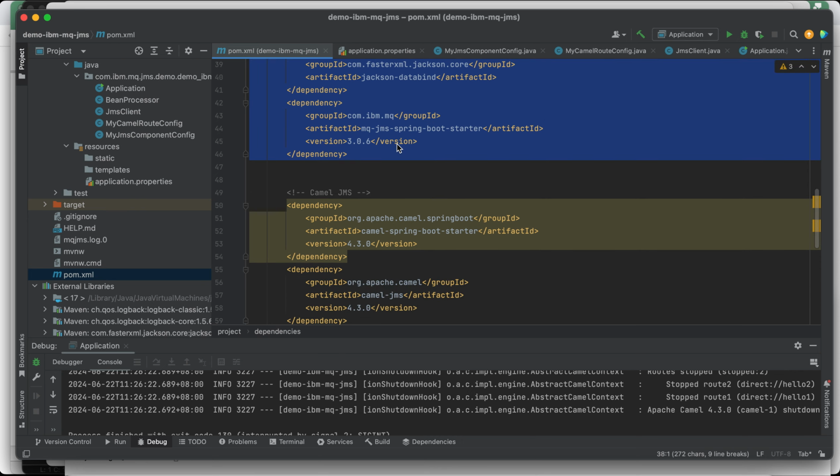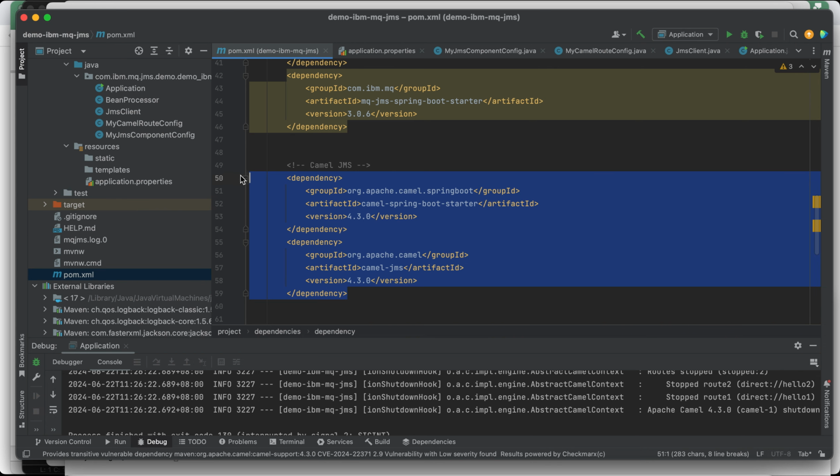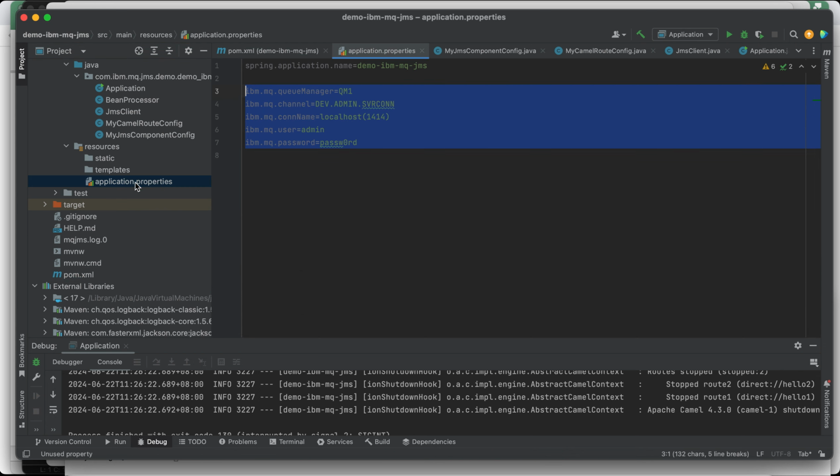Then for this demo, we only need this Camel dependency.